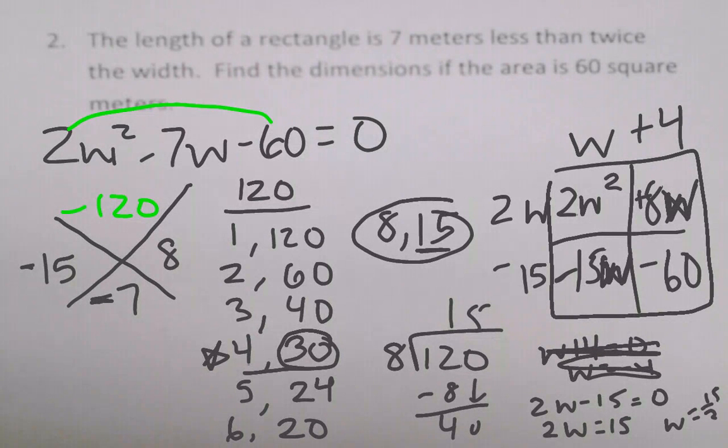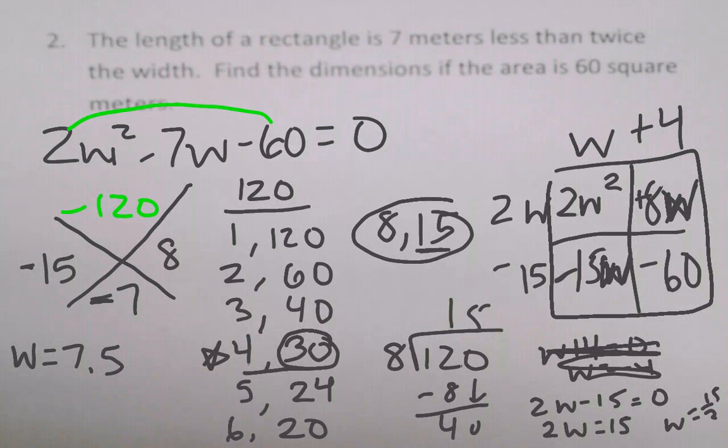Now in this case, I know I say fractions are your friends. I probably don't want a fraction because I don't talk about width being 15 over 2. So if I have $15 and split between two friends, that means we each have $7.50 or 7.5. If my width is 7.5,